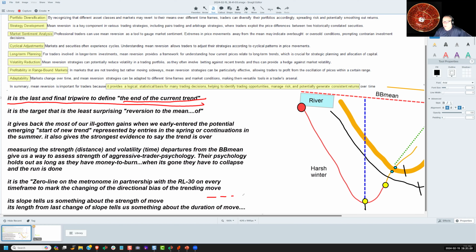Let's suppose that the middle of the river was here, and then you had something like a tightly compressed river right here. And now all of a sudden you get price action that leaves the river. Now it's going to go up as far as it goes,